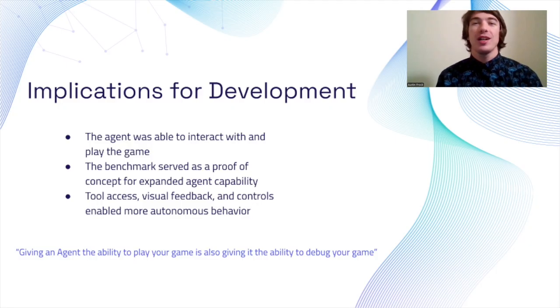The benchmark results drastically varied, but the most important takeaway was that the capability itself was demonstrated. With the right tools, visual feedback, and controls, the agent could observe the game state, make decisions, and take in-game actions. This matters because it points to something bigger than just a single benchmark task. If an agent can play your game, then it can also help test it, evaluate it, and potentially debug it. It also suggests the possibility of an agent participating in games more directly, possibly even filling in for your fourth player